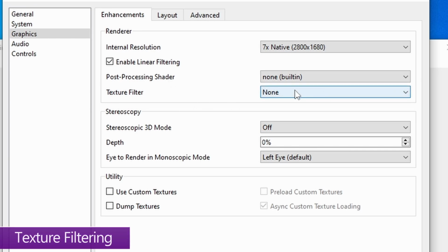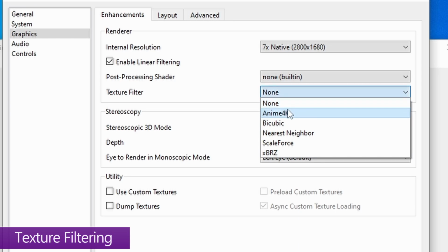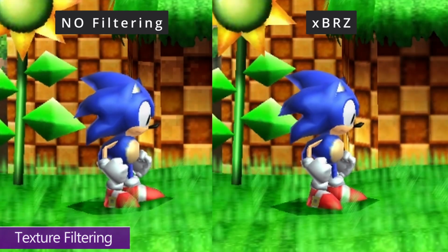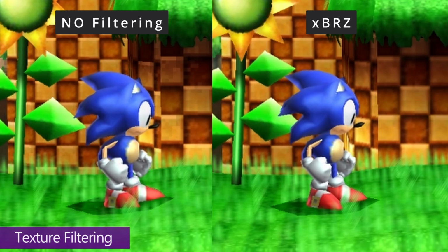Now texture filtering is generally used to give the illusion of sharper and higher detail on those low resolution textures. And this is definitely another personal preference thing. You can choose between all of these different algorithms to change how those textures look. For me personally, I don't generally tend to use this because you'd be hard pressed to actually see their effects